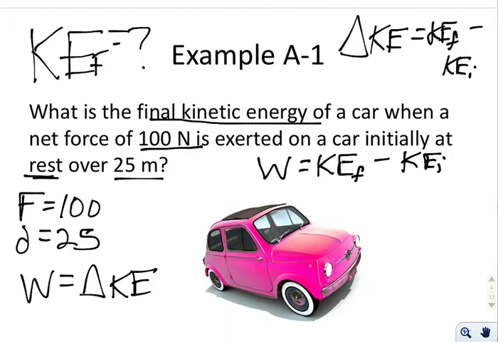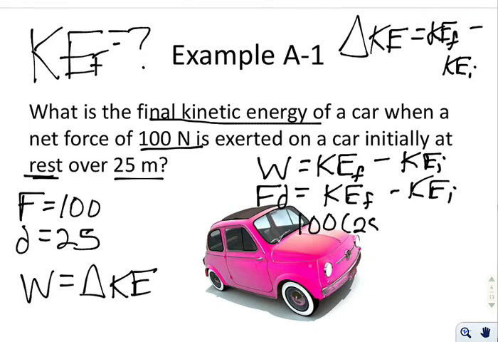And in this case, work is force times displacement. So you have your equation in an expanded out version. So I can do force times distance, or 100 times 25 is going to equal KEf minus,